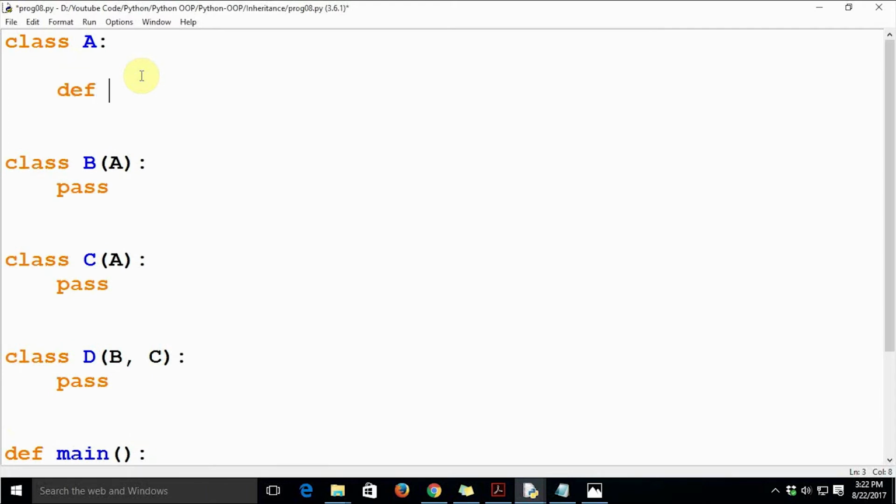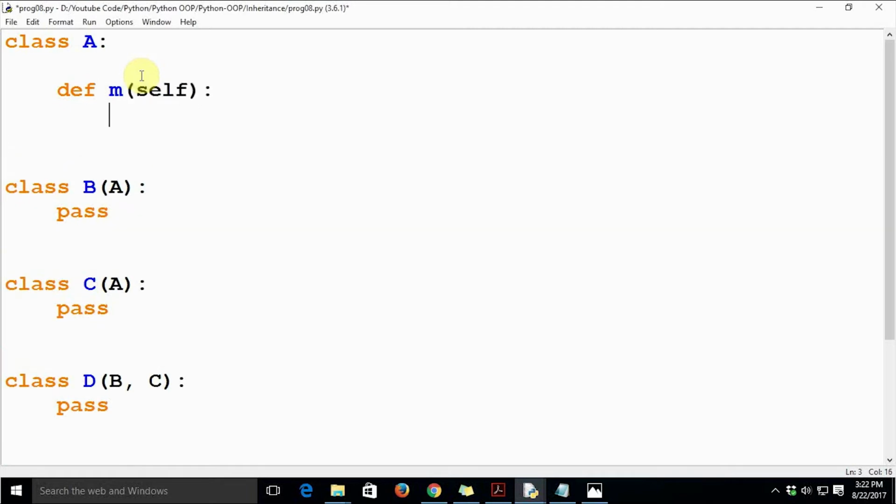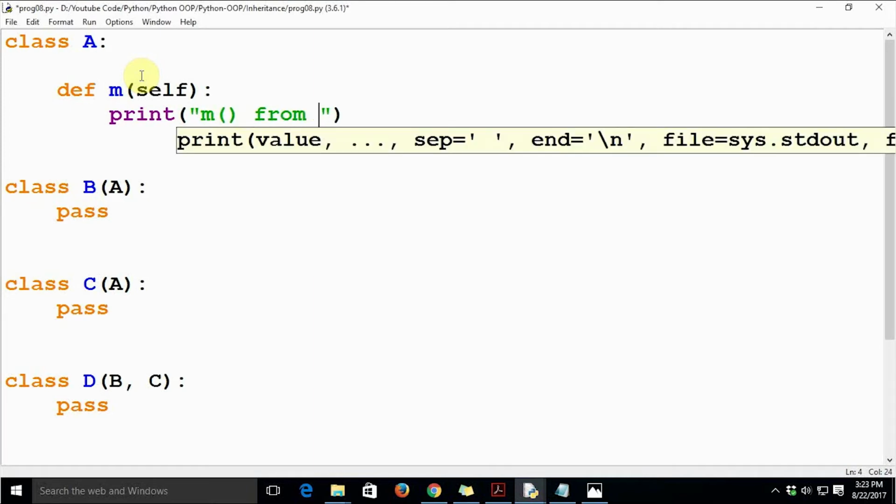Def m(self), because this is a method, we have to have a parameter known as self. Print, let's say, "m from class A".